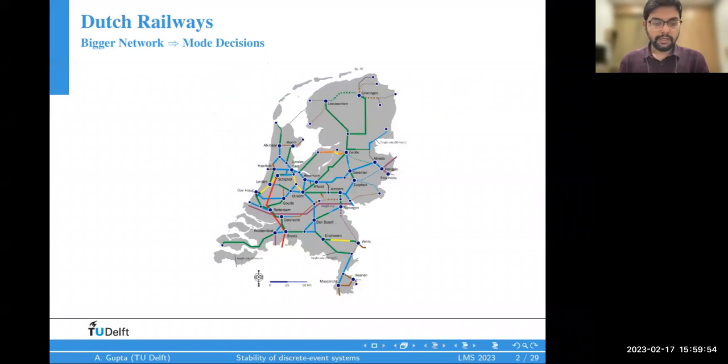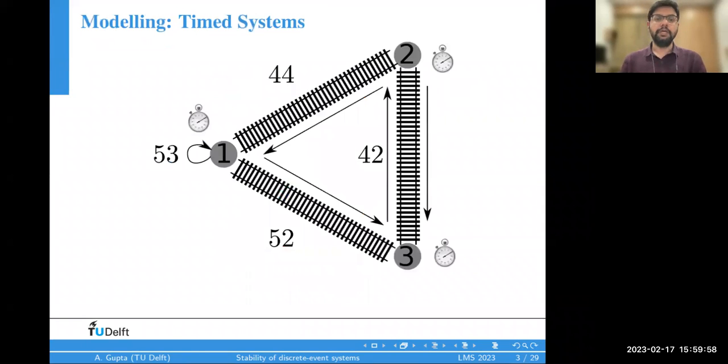So okay, we start with a macroscopic model, right? So we start with a very basic model. We say that we associate a clock to each and every station, and the clock notes the arrival and departure of trains. So here the arrival and departure are discrete events, and we look into time discrete event systems. So we look at the timing of these discrete event systems.